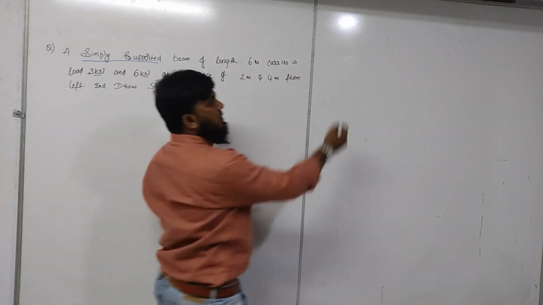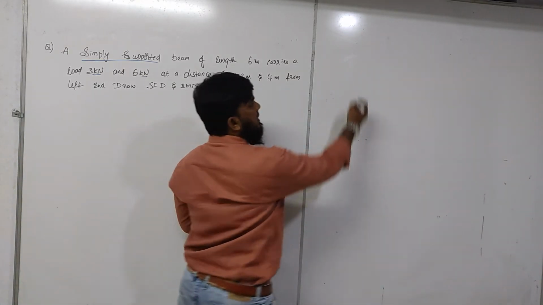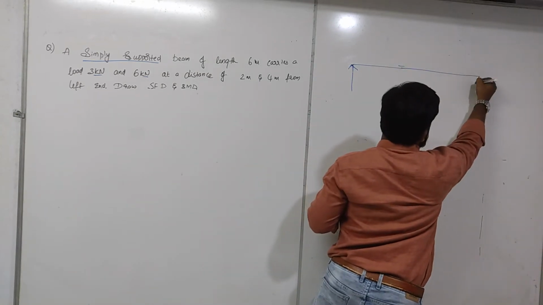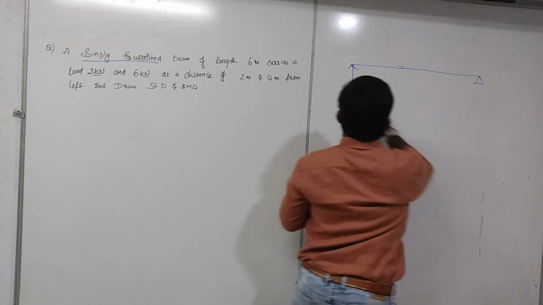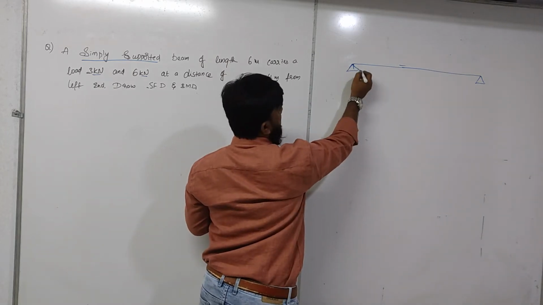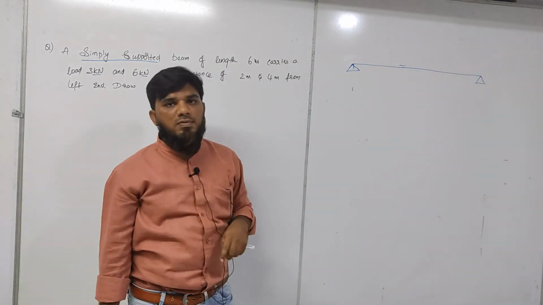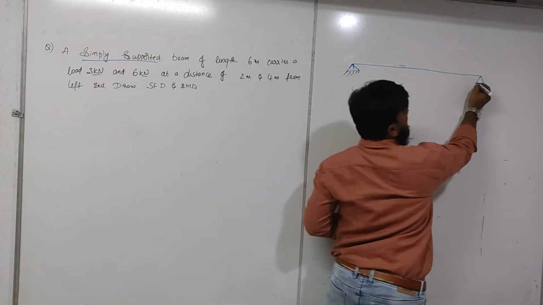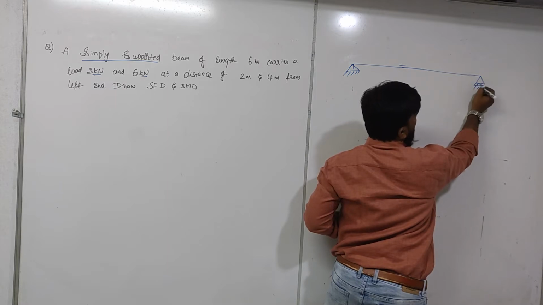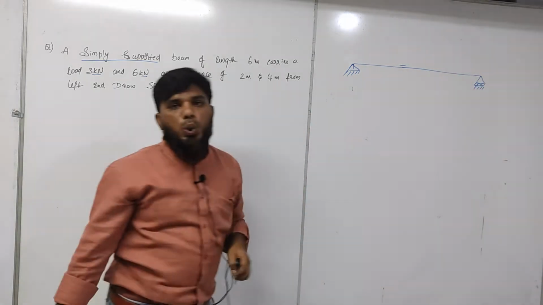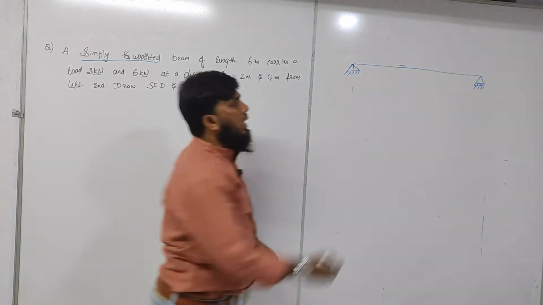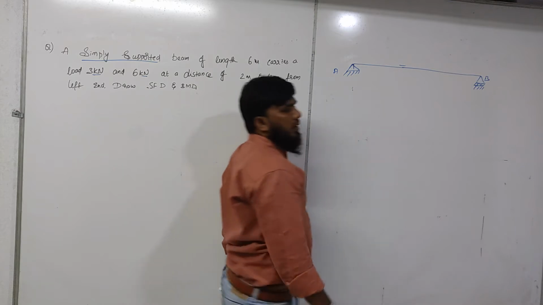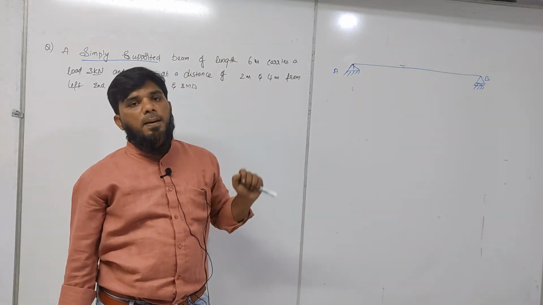So let us first draw the simply supported beam. This is your simply supported beam. I will draw it first with the notations. Generally, what will a simply supported beam be like? In a simply supported beam, one side will be fixed, with a vertical position, whereas the other side will have a roller support. Let us take this as your A point, and that as your B point. Clear?